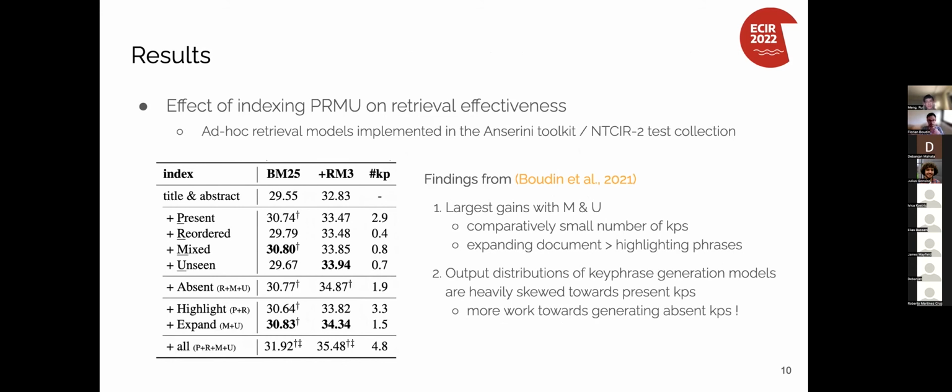So here we evaluate the effect of indexing key phrases from individual PRMU categories on retrieval effectiveness. Again, we use 2 retrieval models implemented in Anserini, and we use the NTCIR-2 test collection. This table shows the MAP measure for the different indexing configurations with individual PRMU key phrases and some combination of them. What we found is that the largest gains in retrieval effectiveness are obtained with mixed and unseen